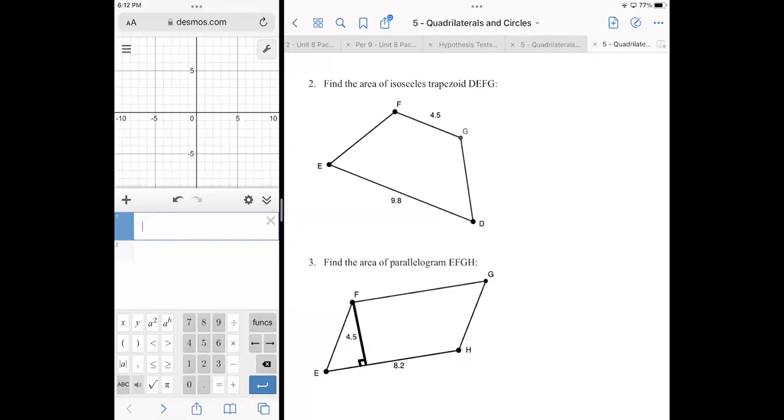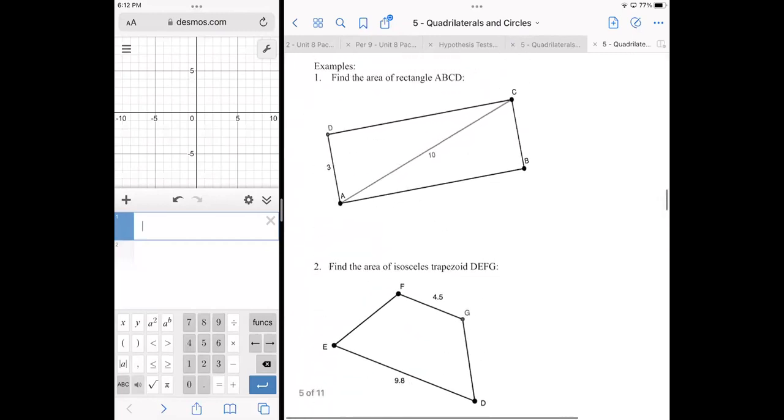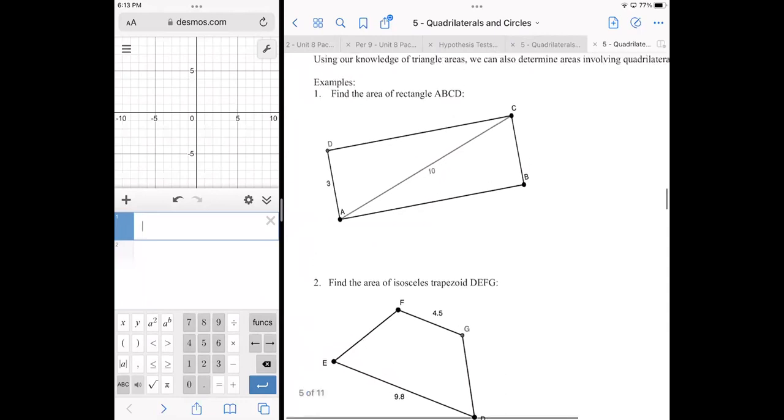So the first problem here on this new page, page 4, is find the area of the rectangle. And it's almost exactly the same in terms of structure as the one that we did last class, but it's good to have a second look at this, right? And so what we want to do is use our knowledge of triangles to get the job done, right? So our knowledge of triangles just boils down to this idea that the area of a triangle